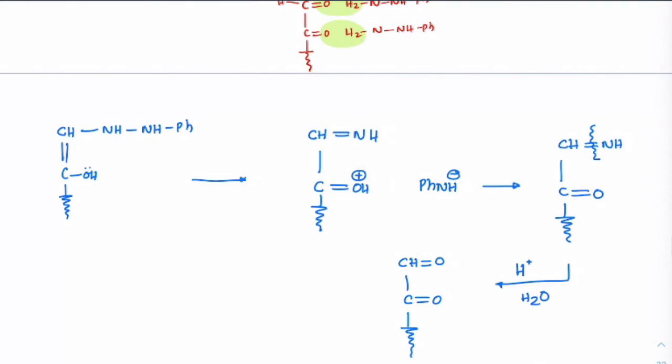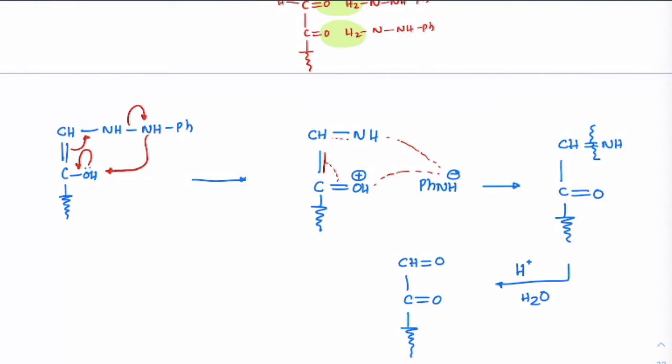So one thing you have to observe here: when this lone pair is connected here, you can assume that this double bond is shifting here and PhNH minus is coming. Internally, this nitrogen can take away that H plus. I'm just breaking that and showing this will happen in one step. Understood? This bond is breaking here and this is taking away this H plus, and this double bond is shifting here. Got it? This double bond is here and it is making a double bond on this side. That's how PhNH2 is forming and we get this imine form.